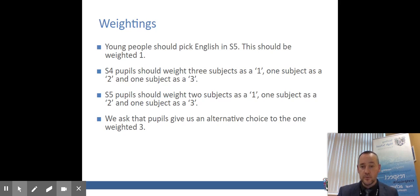So our S4 pupils choosing for S5 should pick 3 subjects and weight 1 subject as a 1, 1 subject as a 2, and 1 subject as a 3. For S5 pupils going into S6, we'd normally weight 2 subjects as a 1, 1 subject as a 2, and 1 subject as a 3. We ask pupils to give us an alternative choice for the one weighted as a 3,